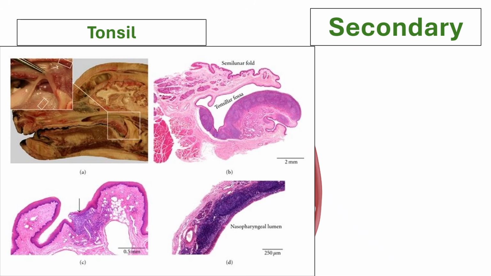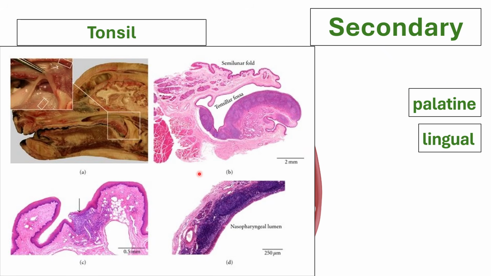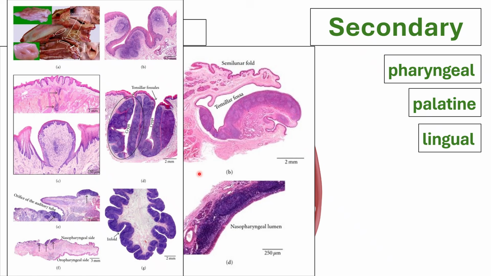And then the key point of your tonsils is that they also have your nodules. Okay, so this nodular structure is really common among the lymphatic system organs. Okay, lingual, palatine, and pharyngeal. And a key point of your tonsils, especially in the pharyngeal and palatine, is the presence of these very deep invaginations called your crypts. Okay, because do you know what crypts are?